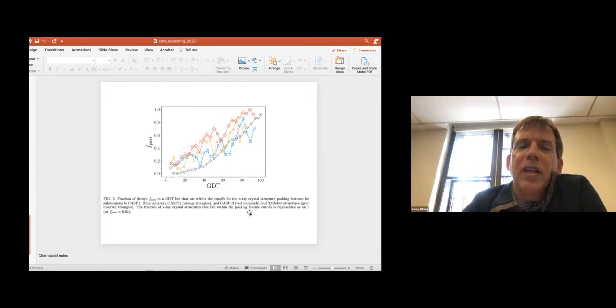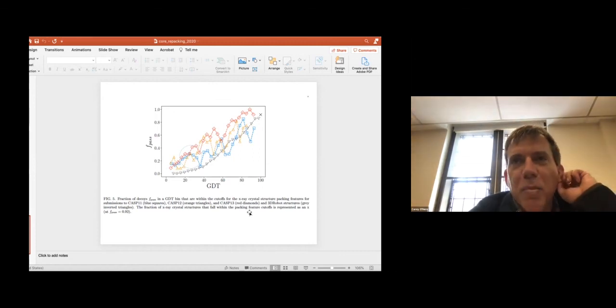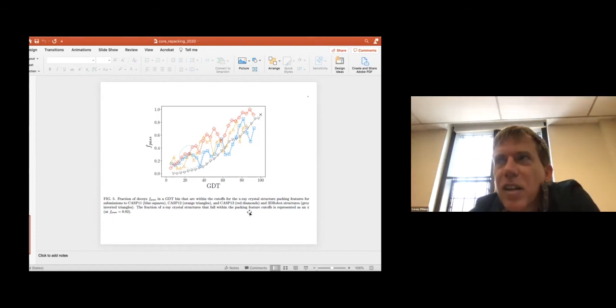Based on the features that are present in experimental structures, we built a filter which said if you're in the range of, for each feature, and the features could be the overlap energy, the packing fraction, the fraction of core residues, and